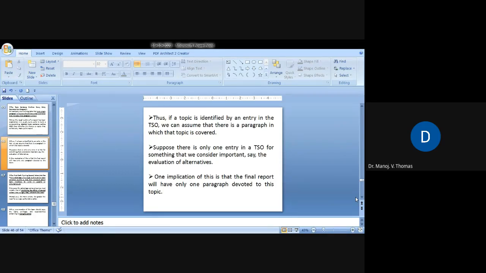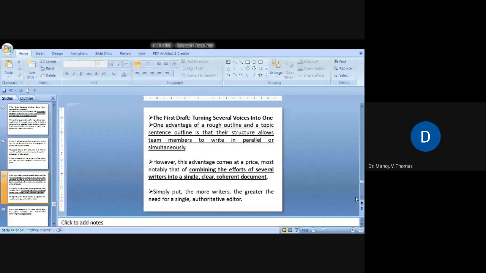So this topic is identified by an entry in that topic sentence outline. So we can assume that there is a paragraph in which that particular topic is covered. Then we prepare the draft, first draft. One advantage of a rough outline and a topic sentence outline is that their structure allows team members to write